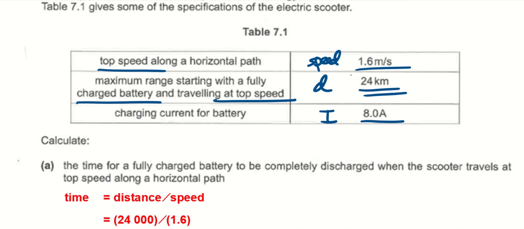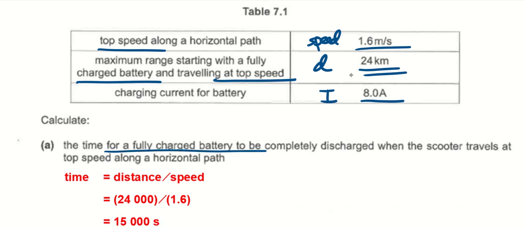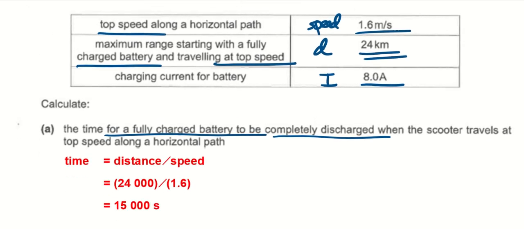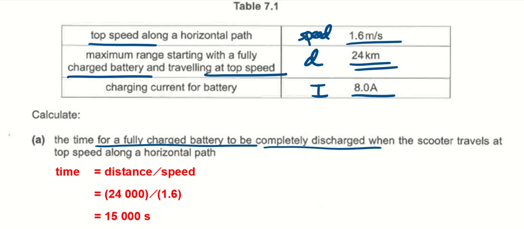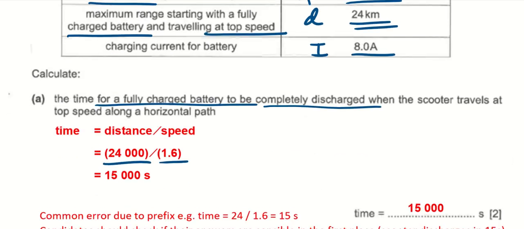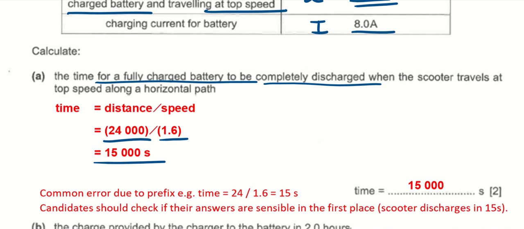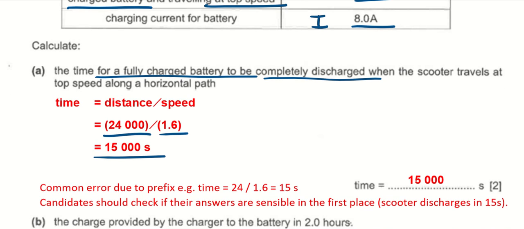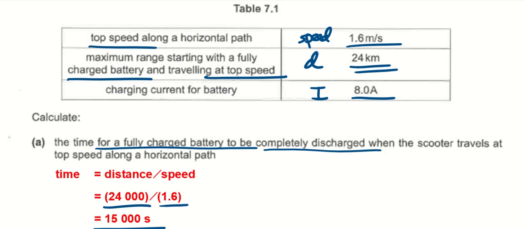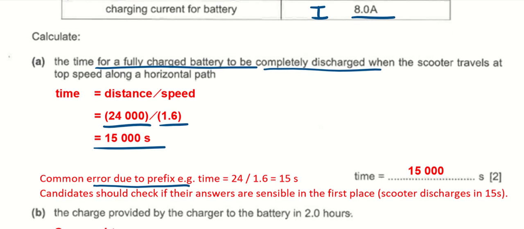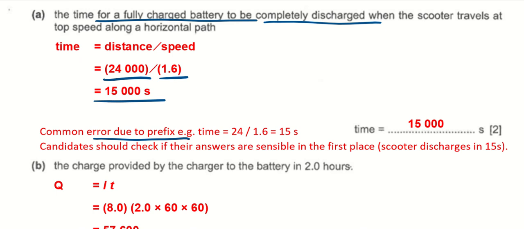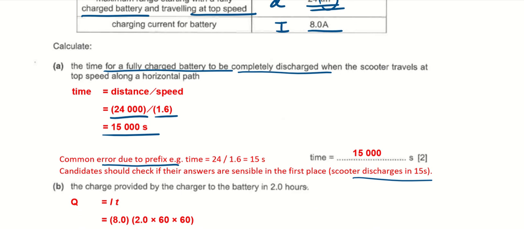Calculate the time for a fully charged battery to be completely discharged when the scooter travels at top speed. So the time taken is distance over the speed. You'll get 15,000 seconds. Now, common error due to prefix. You didn't change your km to meter. So km and meter don't tally, so you need to change one to the other. Sometimes students get 15 seconds, then they think, wow,